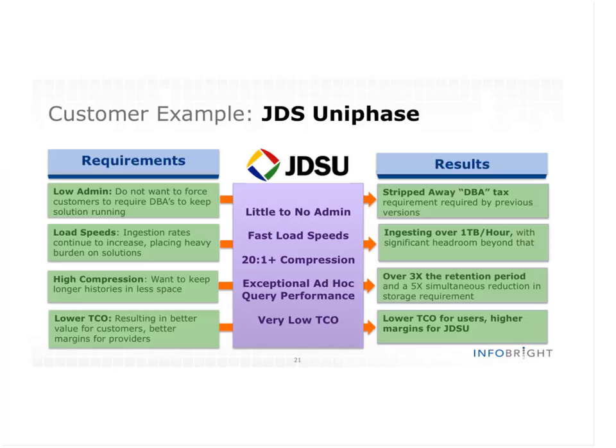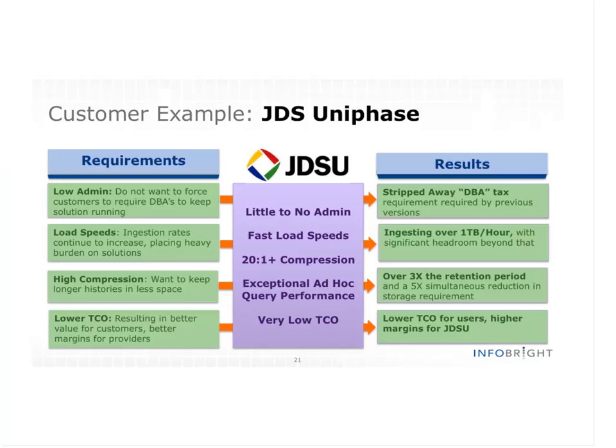JDSU provides services and integrated solutions to the world's largest network operators. One of their main products, Session Trace, is used by the Tier 1 to Tier 3 carriers for troubleshooting and issue resolution on the network. When Session Trace's principal architect, Chuck Gruber, came to us, he had a list of requirements he needed to meet for the next version of Session Trace. As you might expect,